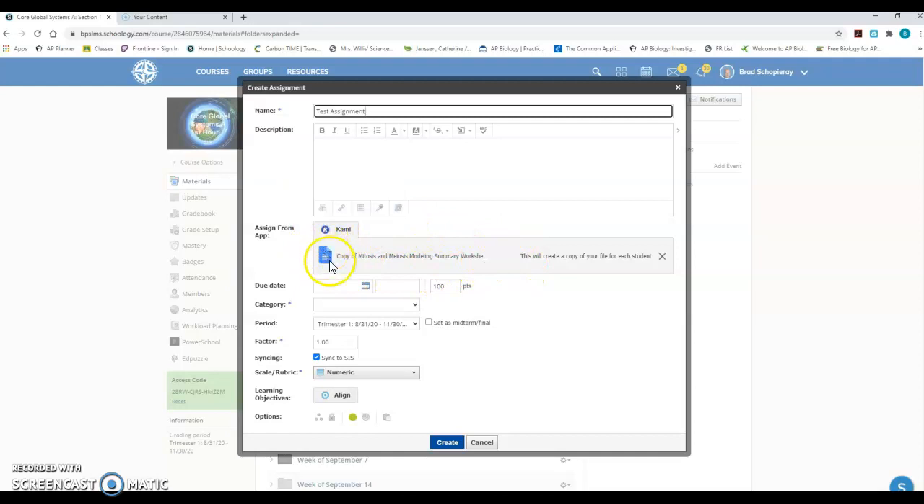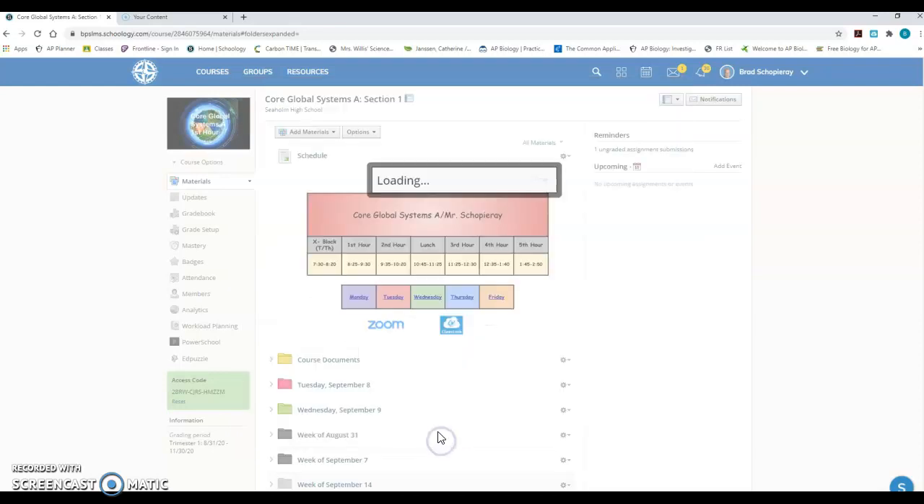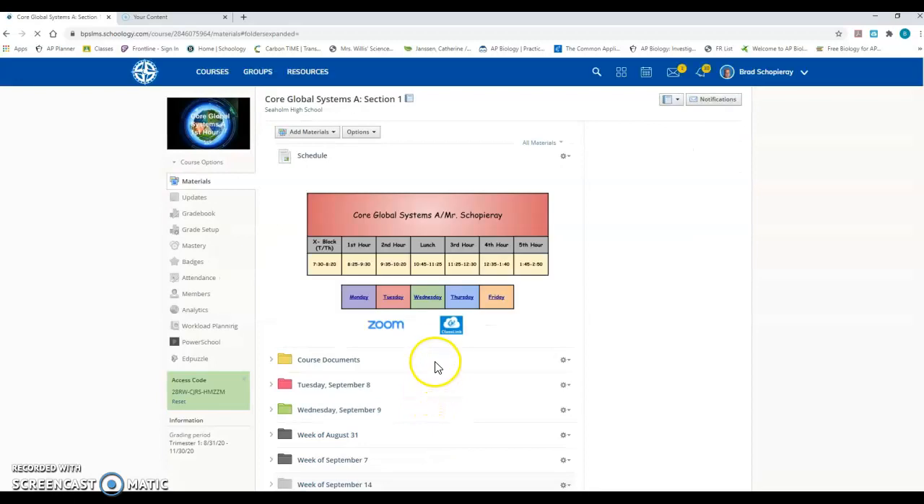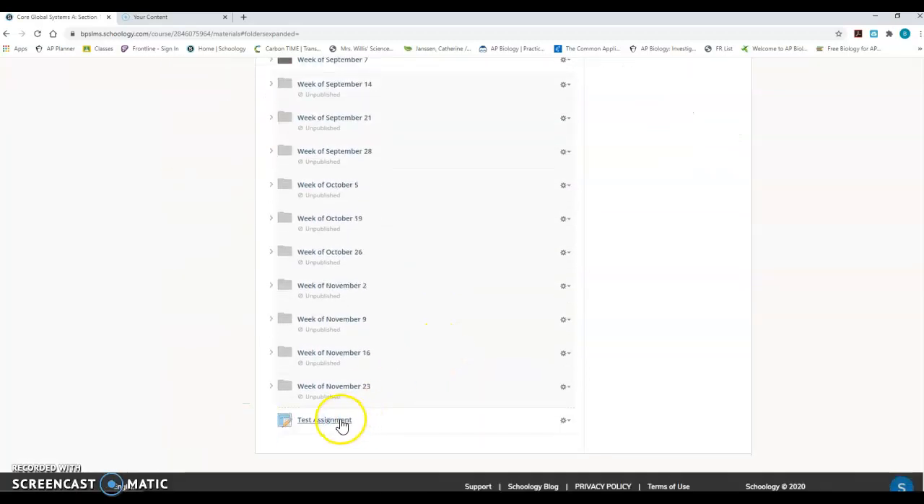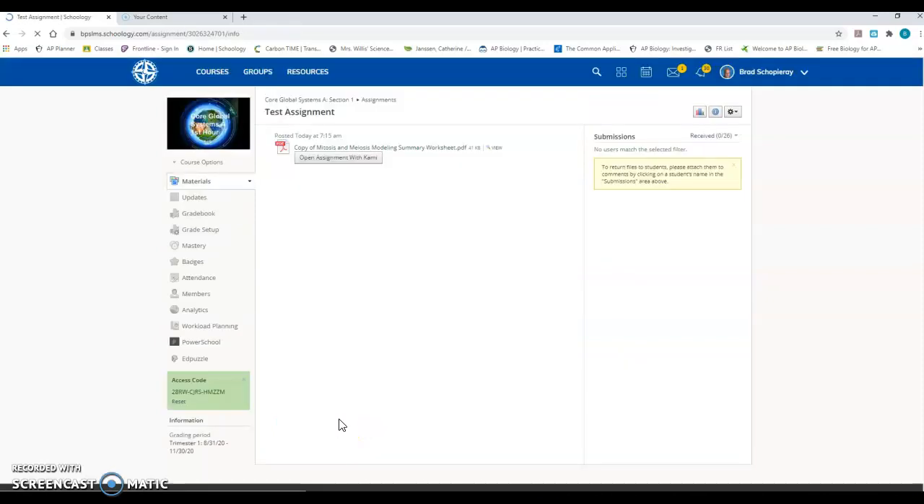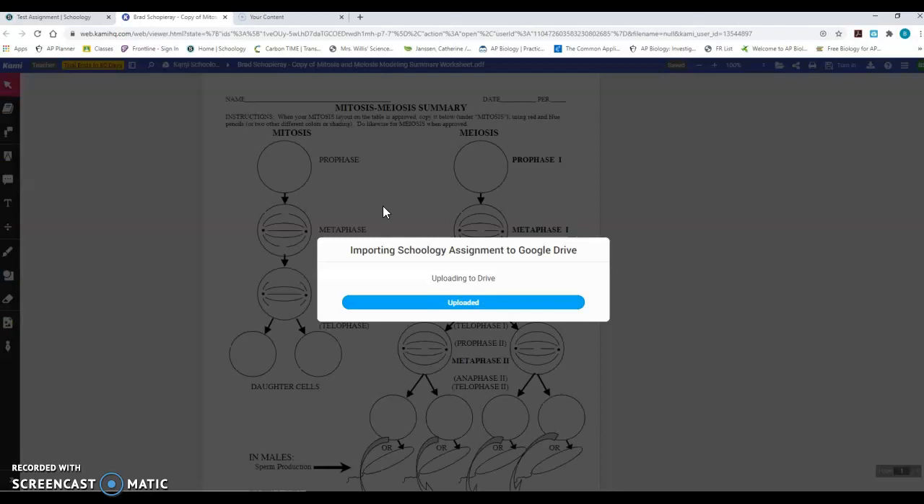It will create a copy for each student. You can give it a due date, you can pick your category, and you can assign it just like you normally would any other assignment. So what's different is, and now I'm going to scroll down because I just put it on this main page, when the students click into the assignment, it's going to give them the PDF and it's going to say open assignment with Kami. So I can do that, and it creates a copy of them,